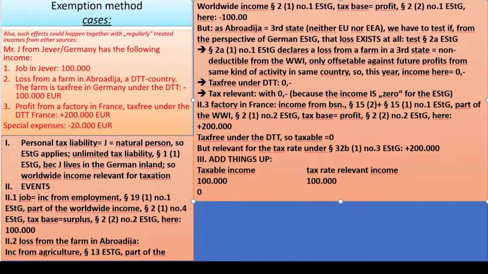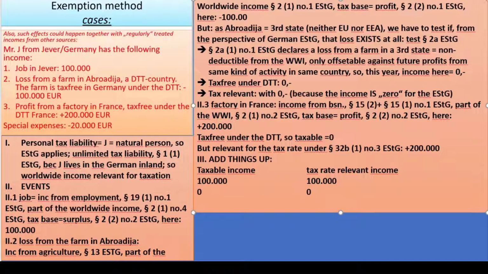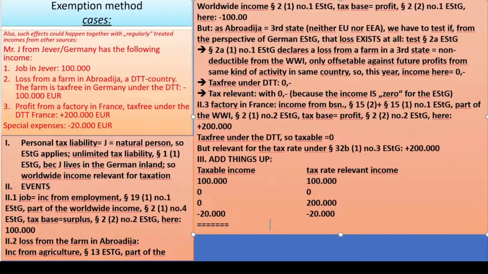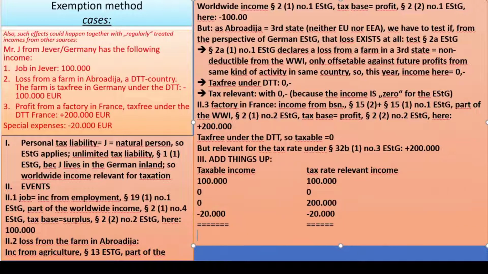We have a loss from Agrodia with a 0, and for German law, this loss indeed does absolutely not exist, so it has a 0 also when we take it into account, because taking a loss which amounts to 0 into account just means you take it into account with that 0. Now, the profit in France is tax-free in Germany, but 200,000 count for the tax rate. Now we have 20,000 deductible personal expenses. And so if we sum it up, we end up with 80,000, which we have to pay tax for, with